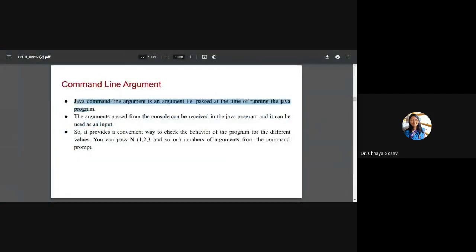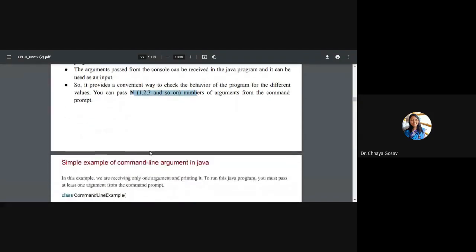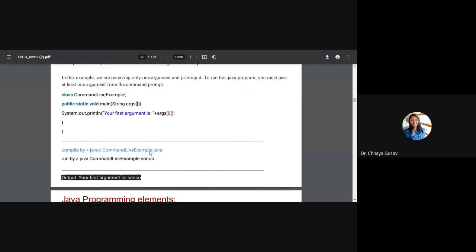So command line arguments means accepting arguments at runtime. It provides a convenient way to check behavior of a program for different values. So you can pass any number of values as an argument from the command prompt. So this ARGS, you can change the name.